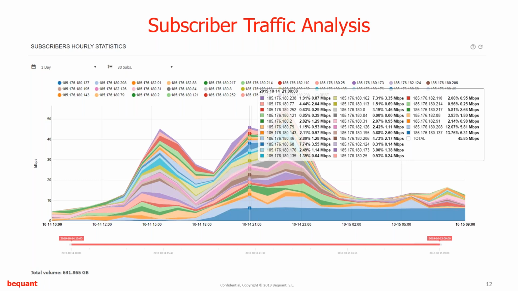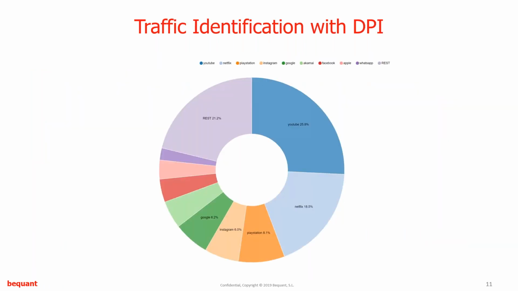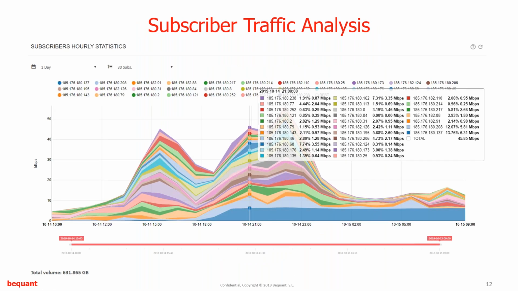Because, for instance, video streaming is an interesting application. It is the one that is the most used. If you look at the breakdown in this network, YouTube, Netflix, Instagram, which is mostly video, these are usually 50% or more of the volume in any network. So that's one thing. And then the other thing is that if you do limit the speed of these applications,